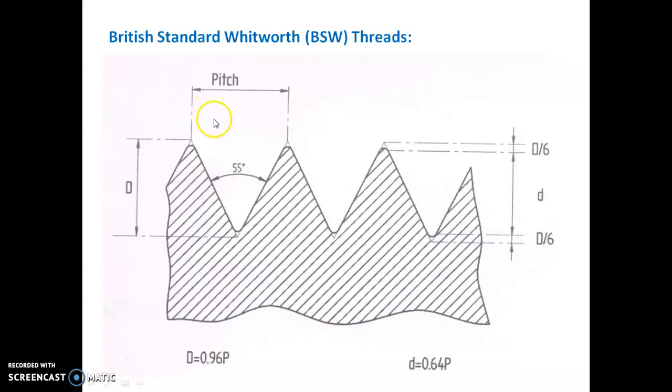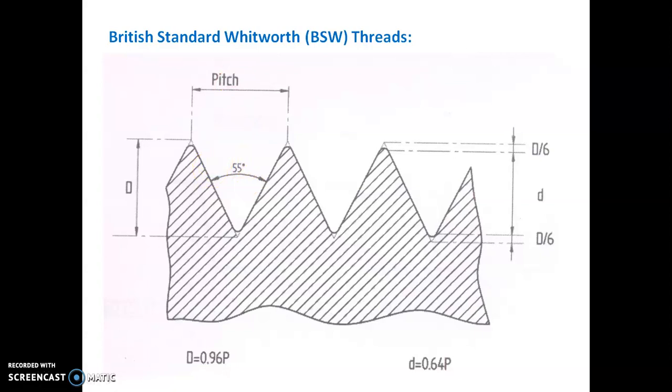Next we have the British Standard Whitworth threads or BSW threads. Here again the pitch value will be given, and you have to get the arc on both sides. For the isometric you have a flat on one side and an arc on the other, but here you have the arc at the crest as well as at the root, and the standard angle for BSW threads is 55 degrees. So the pitch will be given, you have to remember 55, and you have to get the